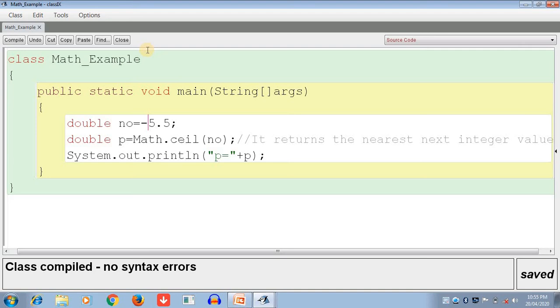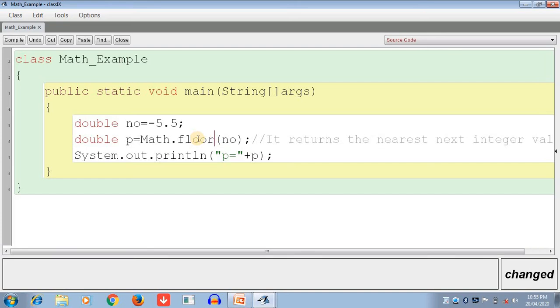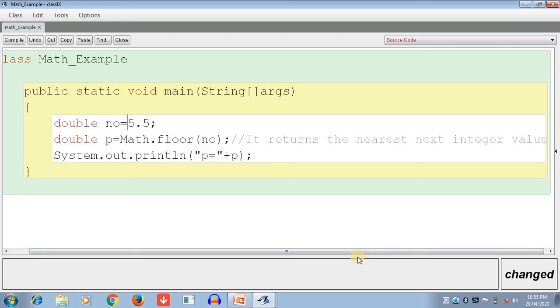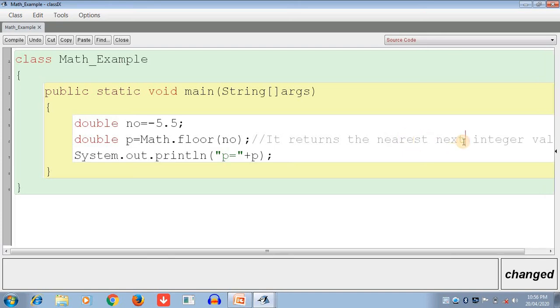So that is the ceil function. Now we are going to discuss the function floor. We have to change the method name here to floor, and tell me what the floor function does. The ceil function returns the next integer value, and floor is vice versa: it returns the nearest previous integer value.